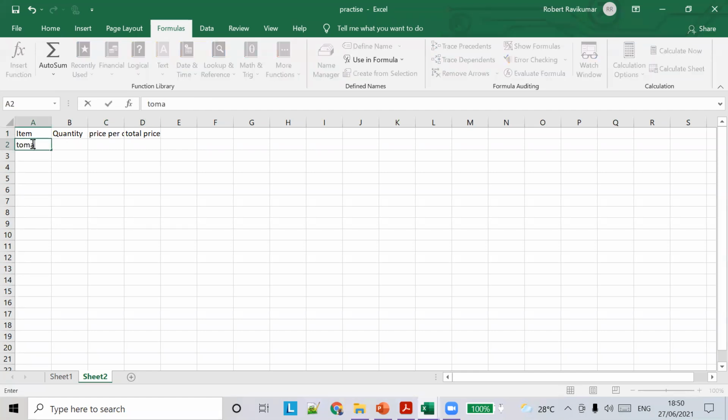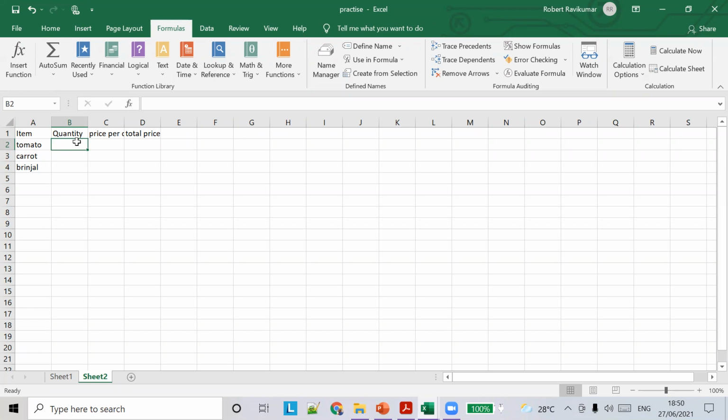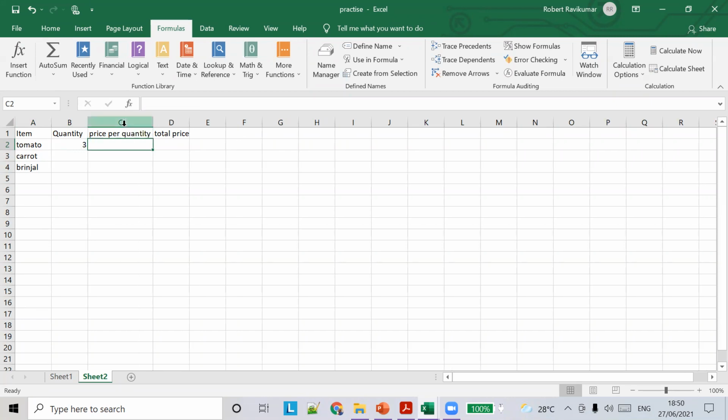We have items: tomato, carrot, and brinjal. Let's say we bought 3 kgs of tomato and the price is $6.